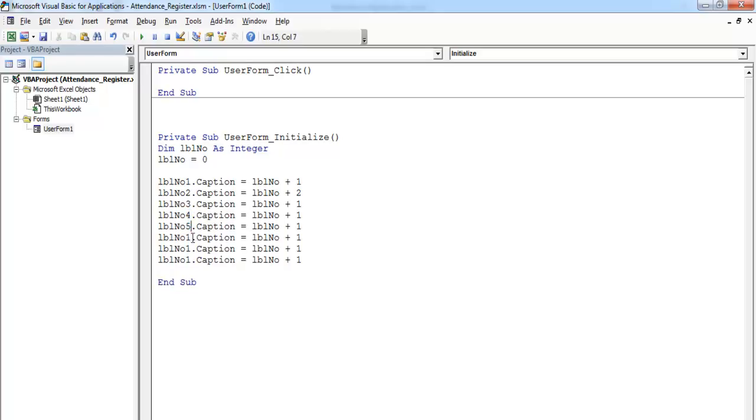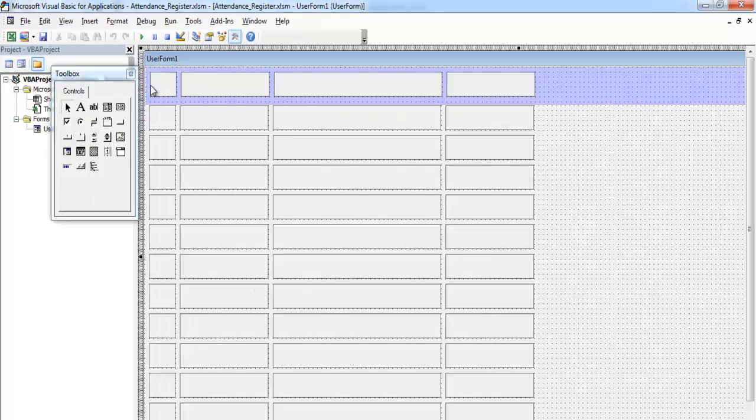5, 6, 7, 8. And we have 9, 10, 11, 12. Okay, that's 12, 11, 10. We have 9 here, and this will become 3, 4, 5, 11, and 12. So if we run this program now, what will happen is it will populate this number here,